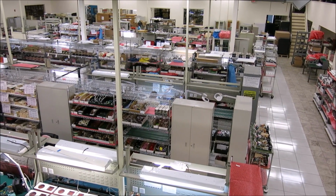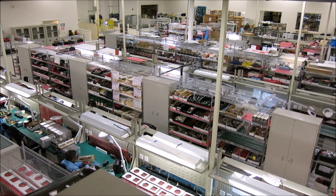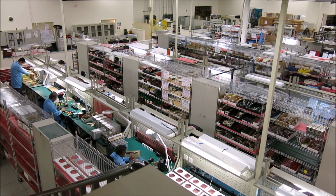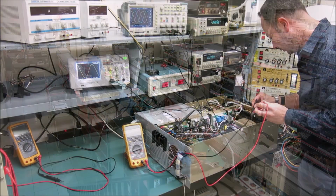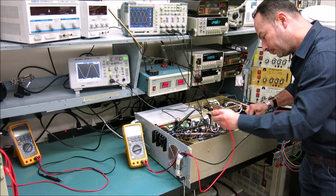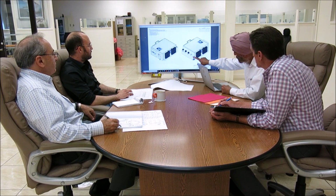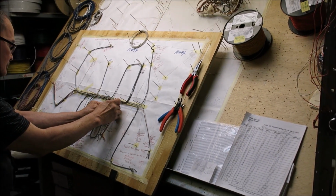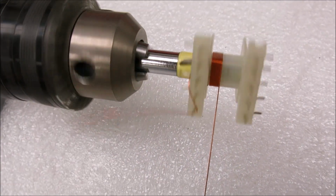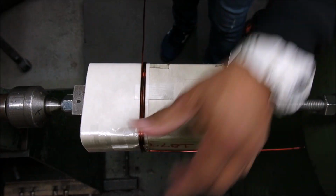Nova Electric's vertically integrated structure and state-of-the-art facilities include all necessary departments for the complete design, manufacturing, and testing of rugged custom power sources, including research and development labs, electrical and mechanical engineering, sheet metal fabrication and finishing, wire harness assembly, both small and large transformer design, manufacturing, and testing,